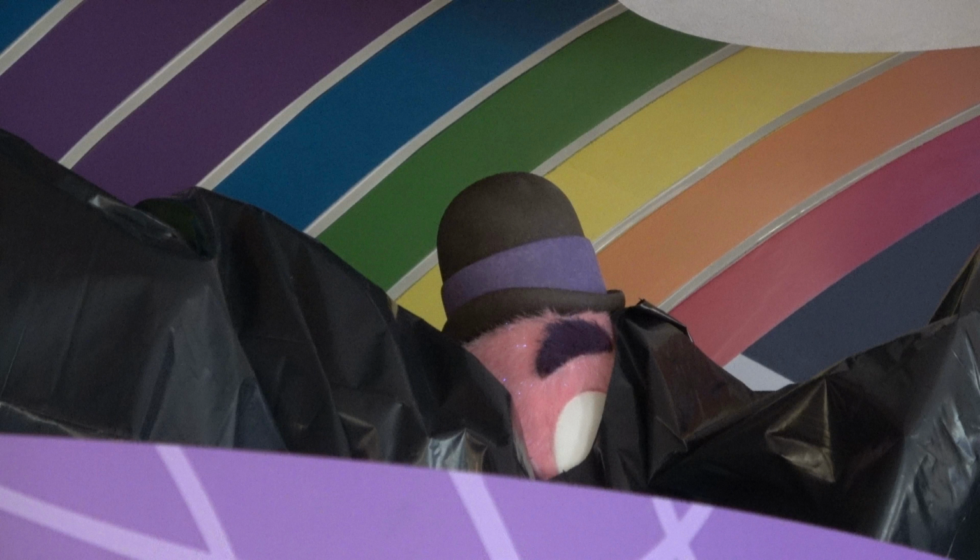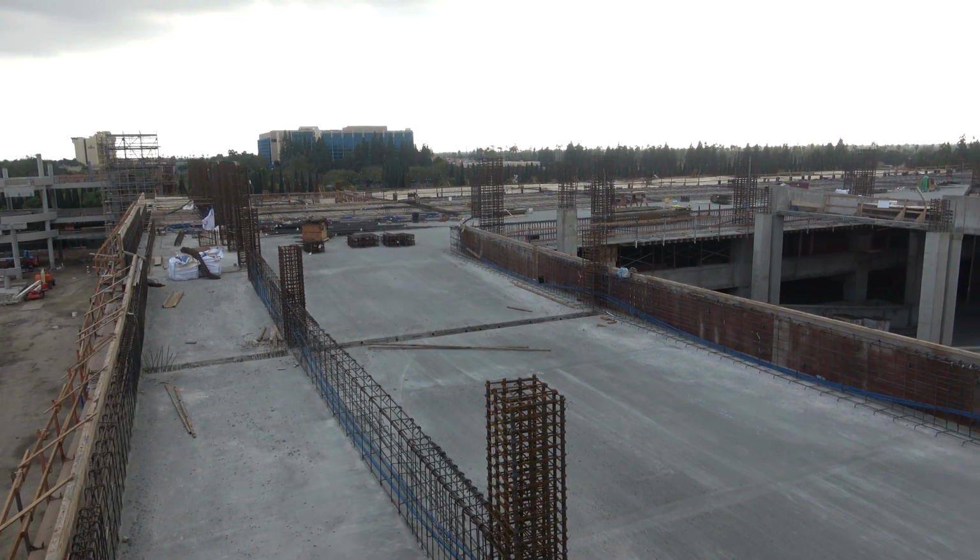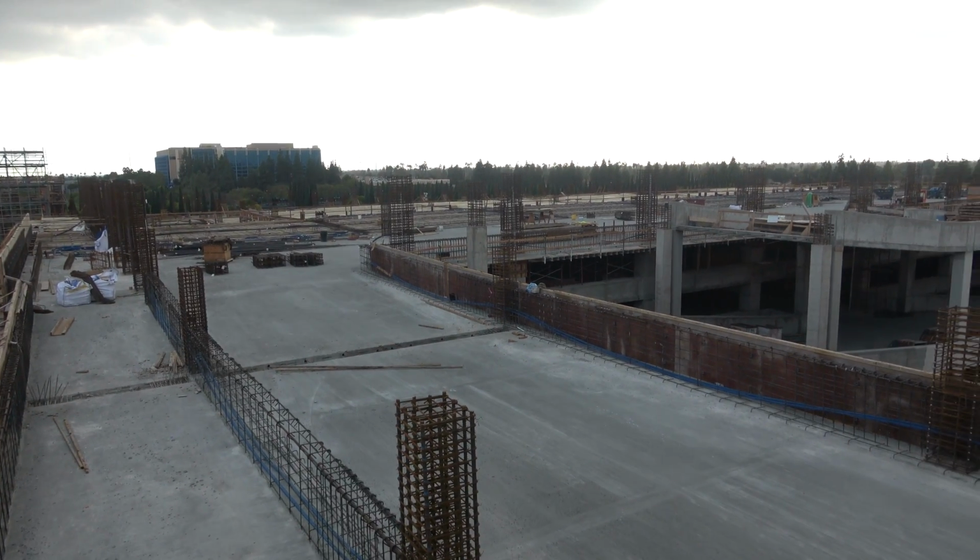He better live up to the hype, because now there's all kinds of hype for this thing to be unveiled. People are going to go nuts. Definitely. And finally, we're going to wrap at the Mickey and Friends, or the Cleo parking structure, with some shots